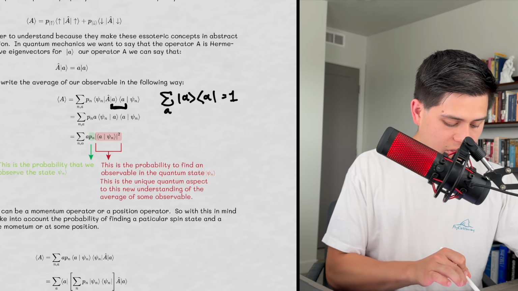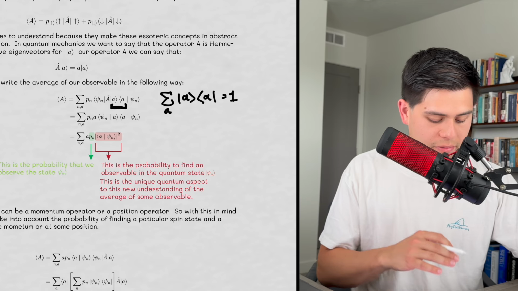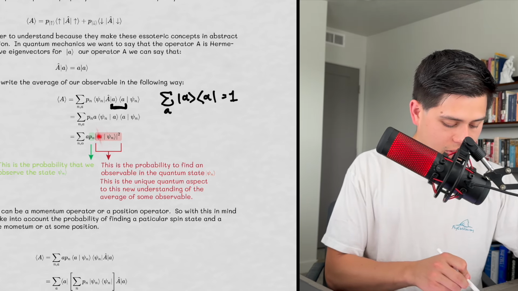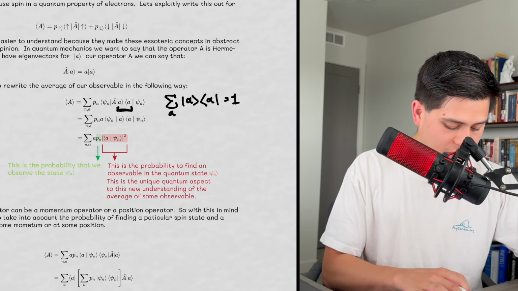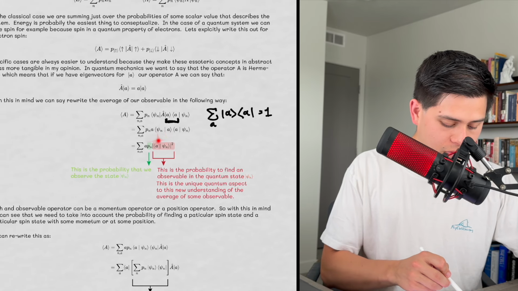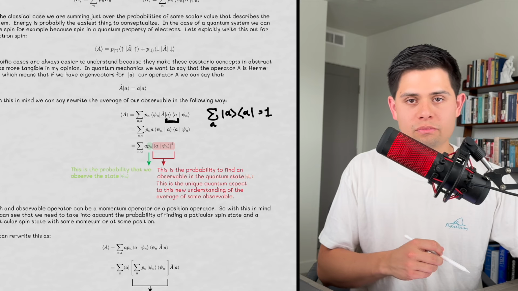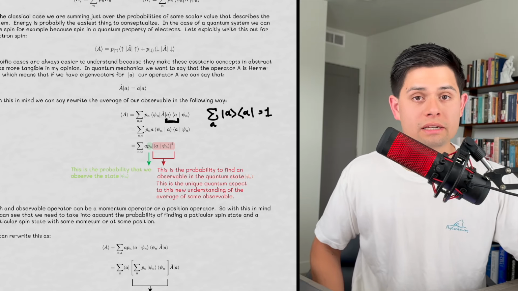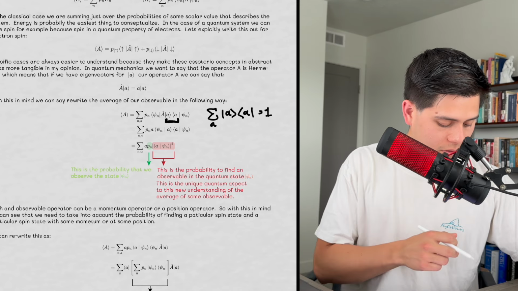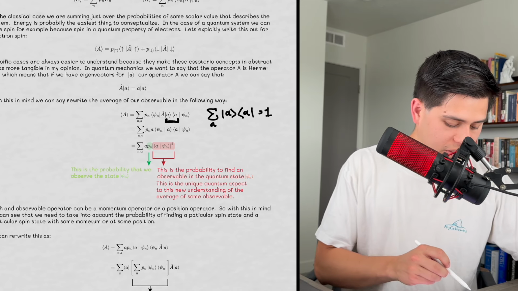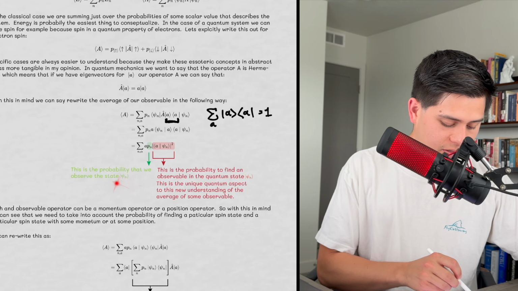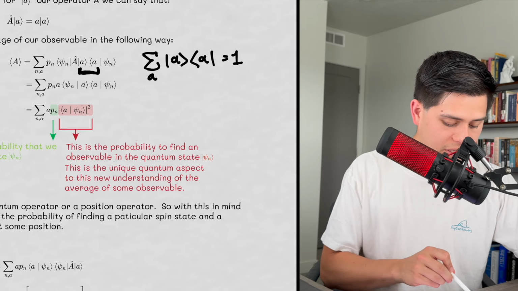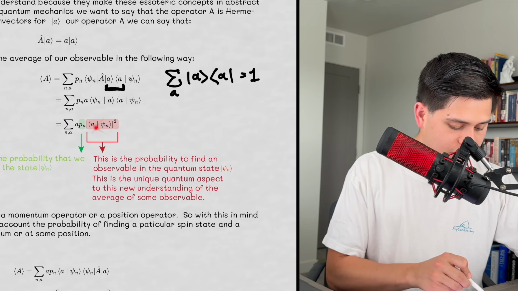This is what is unique to the quantum aspect of things, okay? This here is what quantum statistics is going to be based off of, and we're going to see how this is related to the density matrix. And this here is just the probability that we observe the state psi n itself. All right, so again, this is the probability to find an observable from